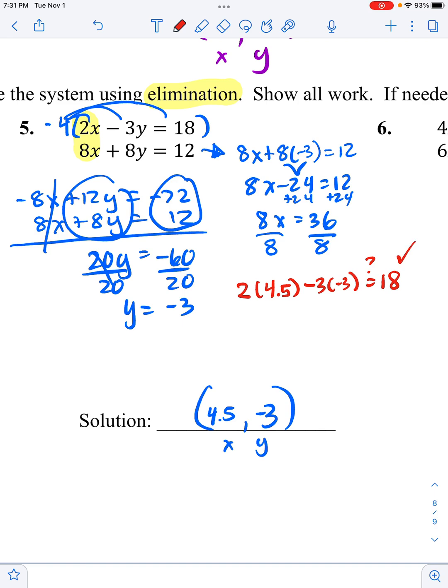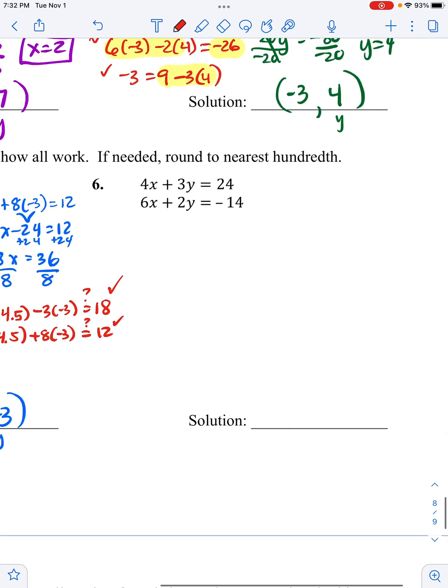So it checks. Bottom row, 8 times my x plus 8 times my y, and I'm checking to see if my calculator turns that into 12. So I'm typing it in exactly as you see it, with the parentheses and the negatives and everything exactly like that, and I'm getting 12. So even though it made me a little bit sad to get a decimal, I can tell that it's right,